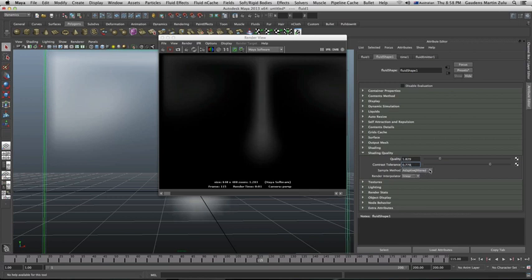Sample method. I like adaptive and jittered, but you've got an option called uniform. Uniform, all the fluid will be uniform, and as you can see, it won't work with that contrast tolerance. It will just be a uniform fluid. All right, and if you put it on jittered,